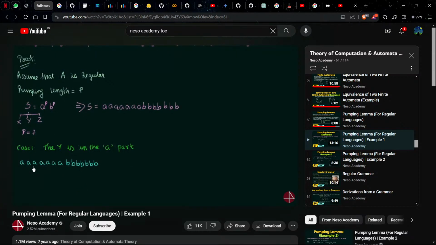What I mean by this is, let's assume that y is this one. This part is y. Alright, so this is y, this will be x, and the remaining from here to the end, this will be z. Okay, so this is the first case. We have divided into three parts x, y, and z, and the y part, the middle part, is in the a part, meaning it contains 4 a's. So this is how I can divide it in one way,